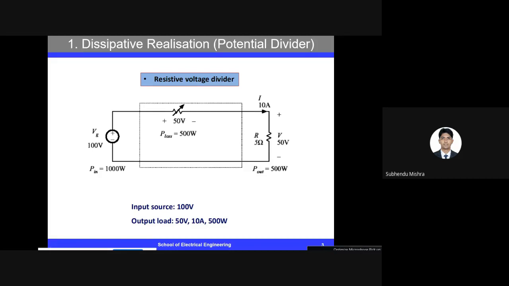But this is a very dissipative realization because a lot of loss is happening. In the last class, we studied that power electronics means that we should take care of our efficiency. We should have a very high efficiency and minimum losses. So this kind of converter is not good, because you are inputting 1000 watts and at the output you are getting 500 watts. So it is only 50% efficient. It is a possibility, but we don't use it because the efficiency is only 50%, so we have to increase the efficiency.